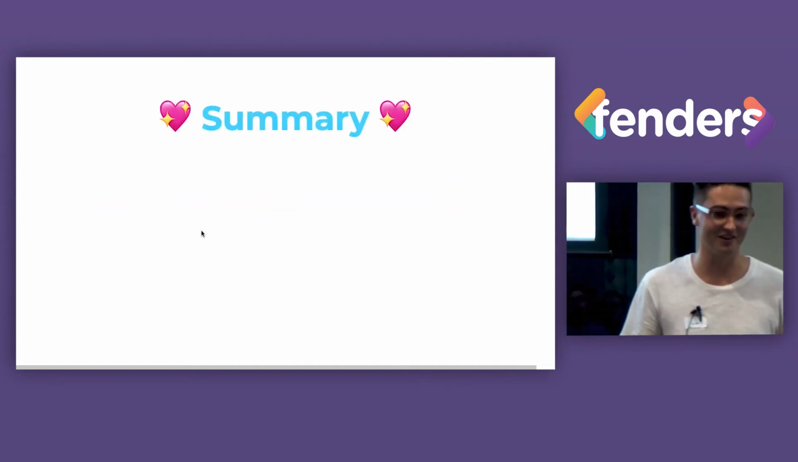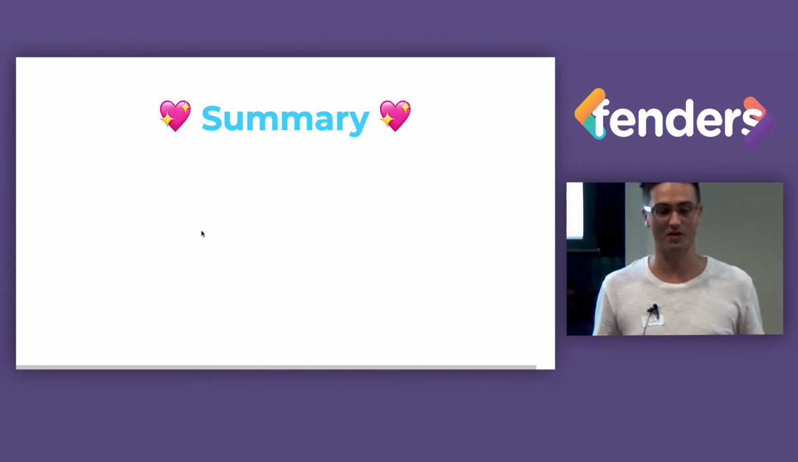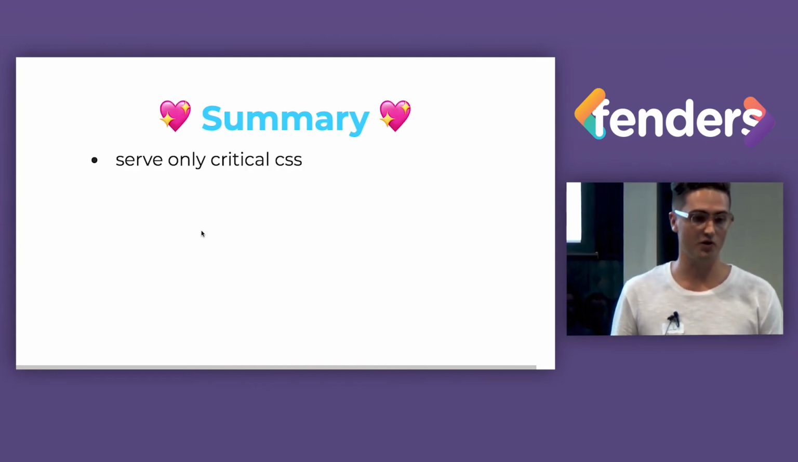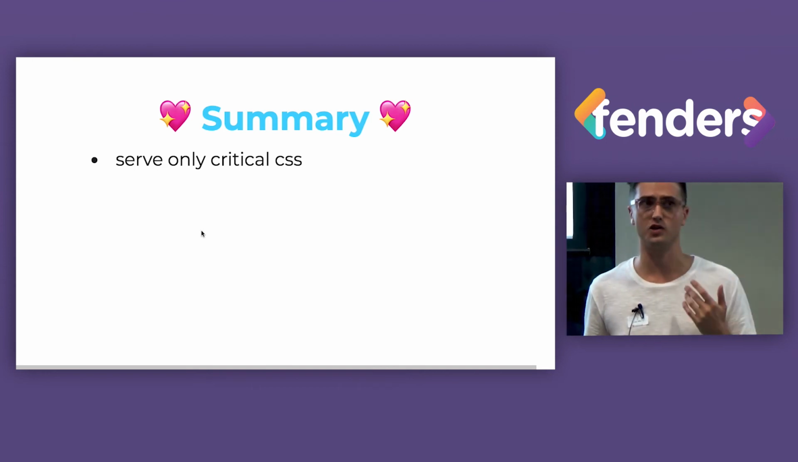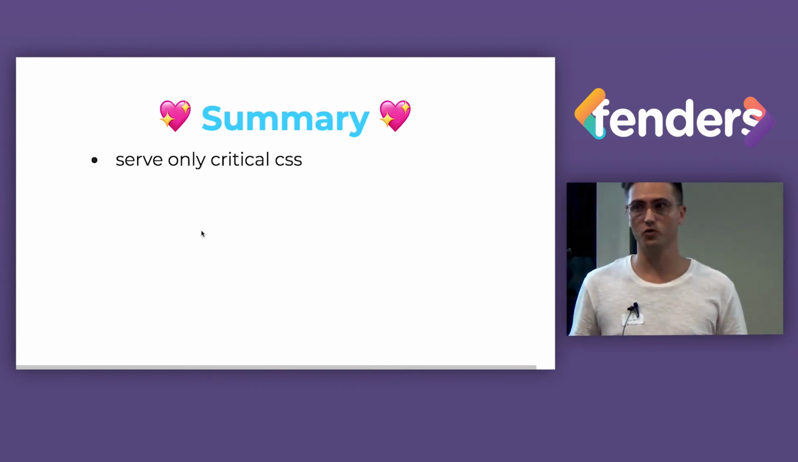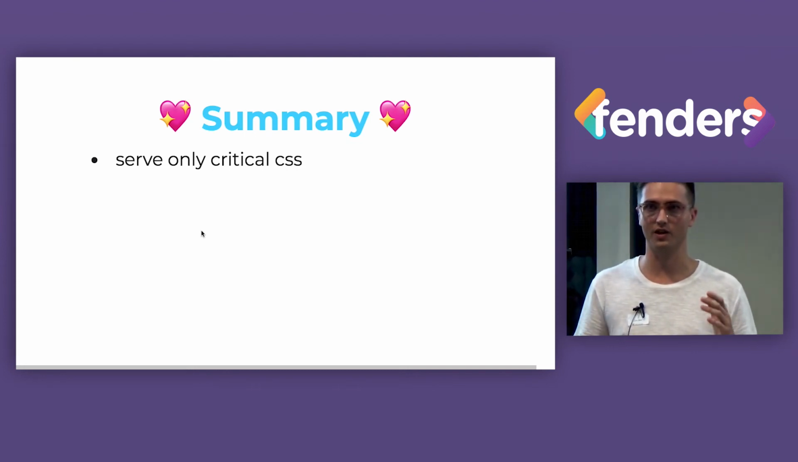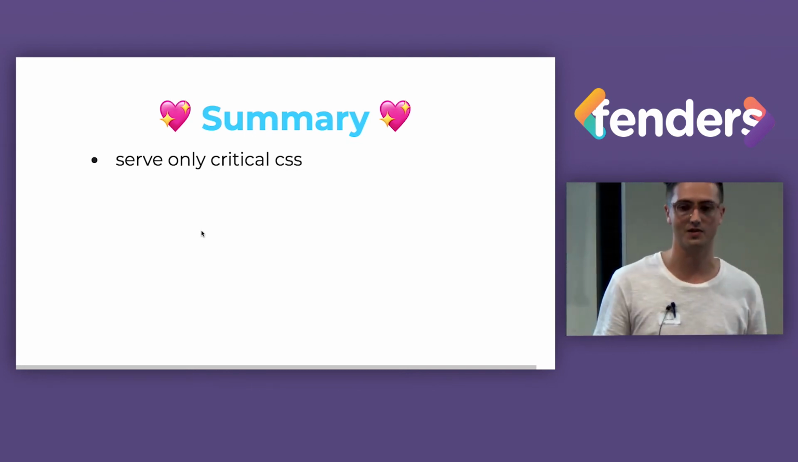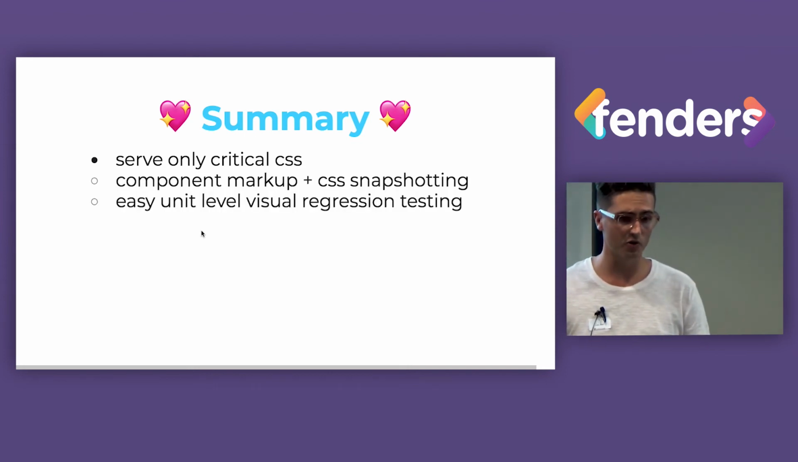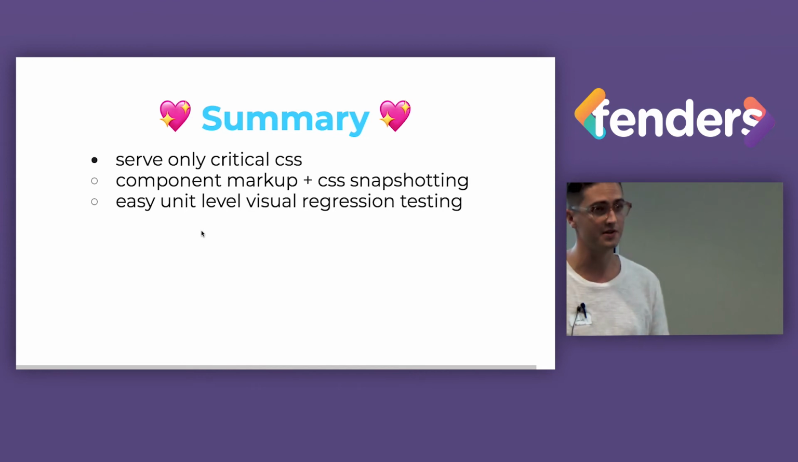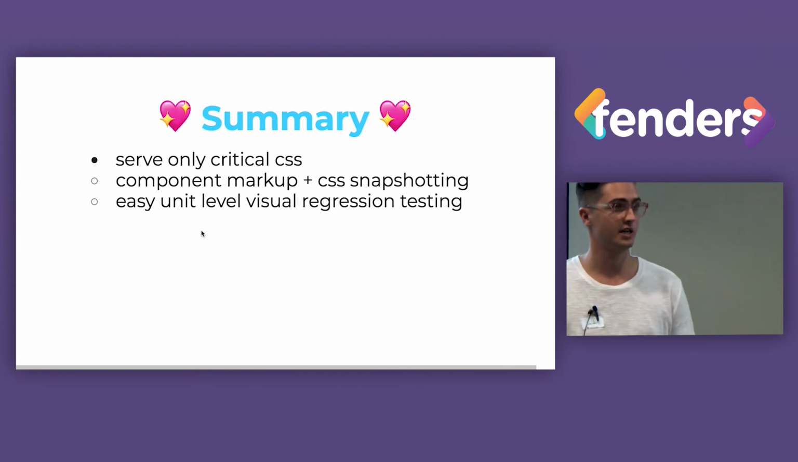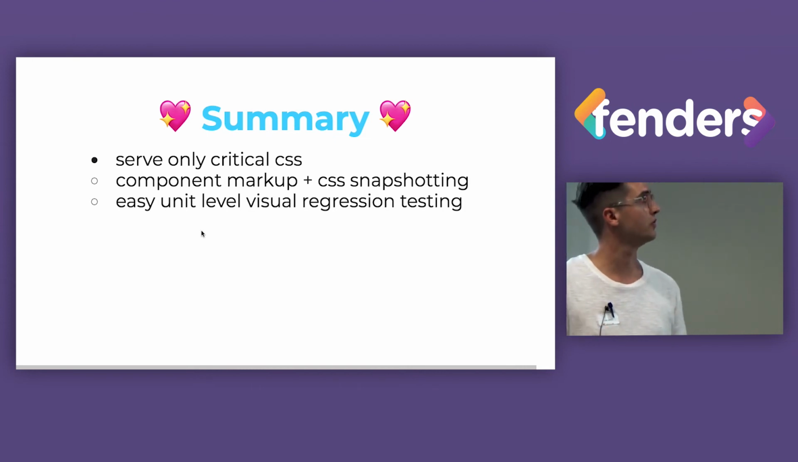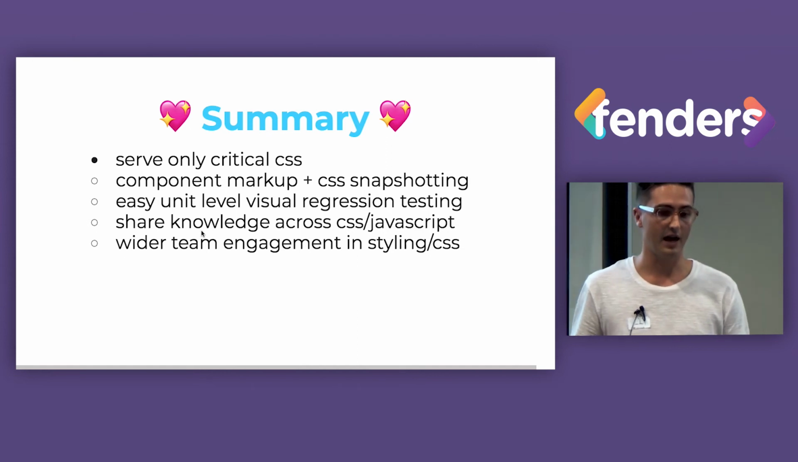So, to summarize some of the things I've touched on here, you'll only be serving critical CSS, so performance-wise, that's tremendous. Also, you get minified class names and deduped styles, which is really hard to do with other CSS ways of doing things outside of CSS in JS. It also gives you a lot of confidence in your code base and your styles that you may not have otherwise, with things like unit level visual regression testing and also integration level visual regression testing,